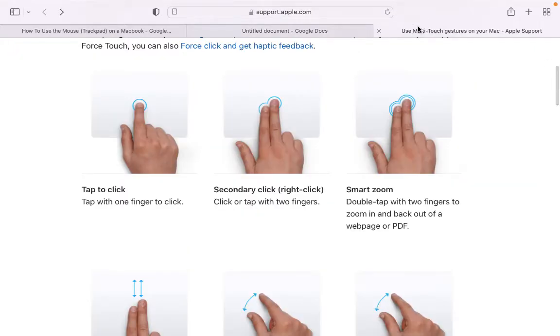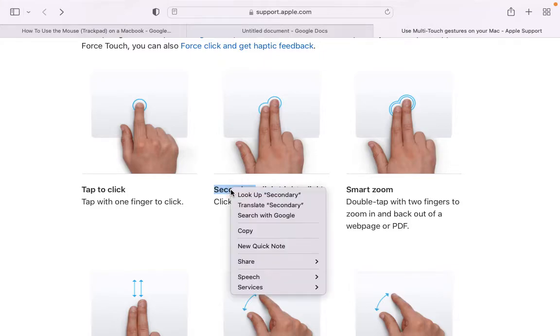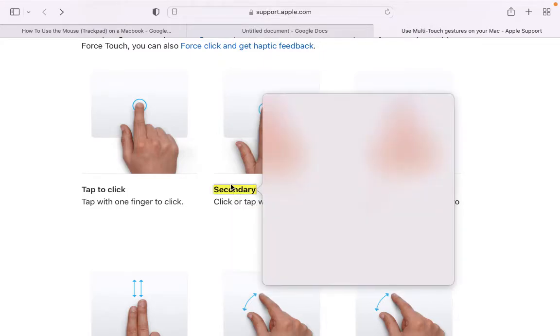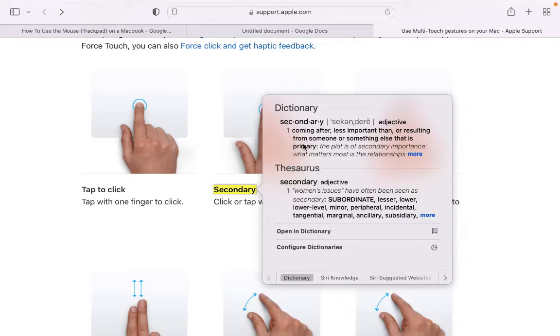Now with a 3-finger tap, what should happen is that a dictionary and some other features pop up. So I'm going to try to triple tap or 3-finger tap this word secondary. And let's see if it'll be nice to me and work. There we go. Yeah, so what should pop up is a dictionary definition, a thesaurus entry, and then towards the bottom,